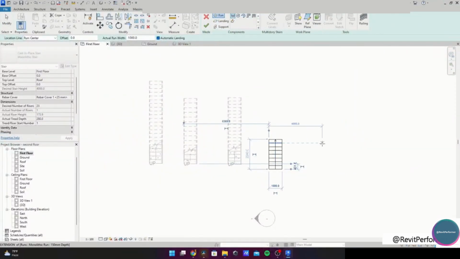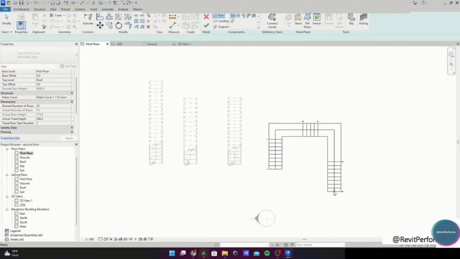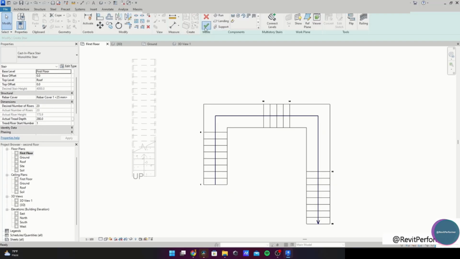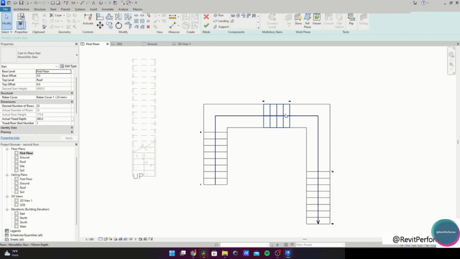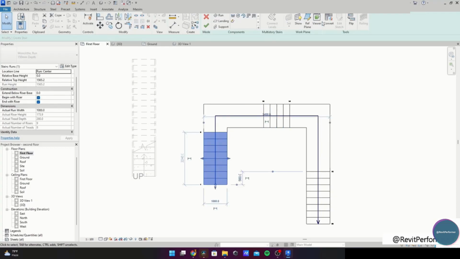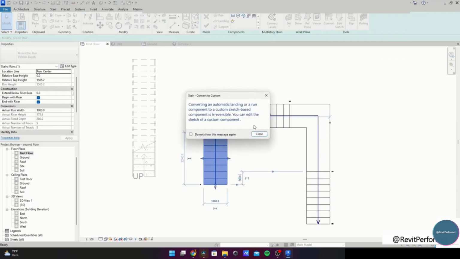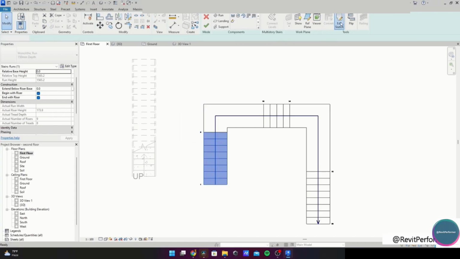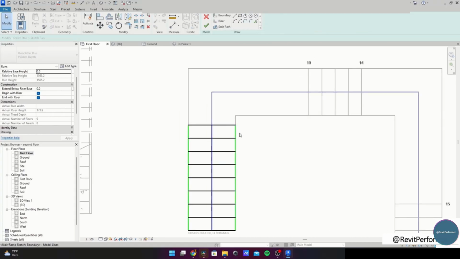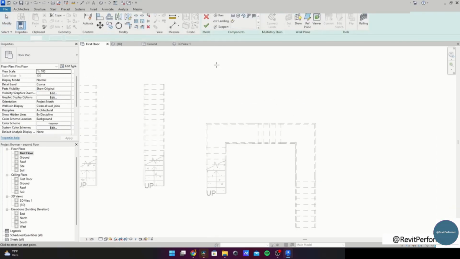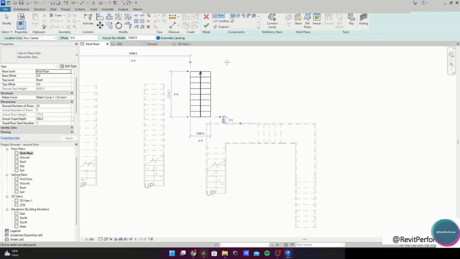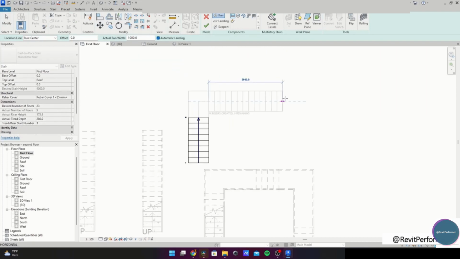Basically, you can draw stairs in different ways. Like if I wanted a stair like this, I would click OK. But if I want to edit it, I will go to Edit Stairs. OK. So I can simply click Convert. And now I can add this sketch. You can do that as well. For example, we have something like this, or something like this.